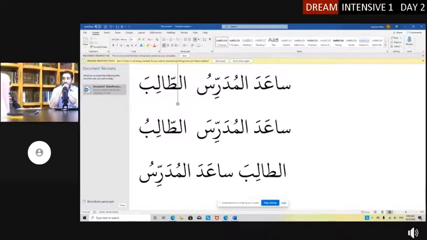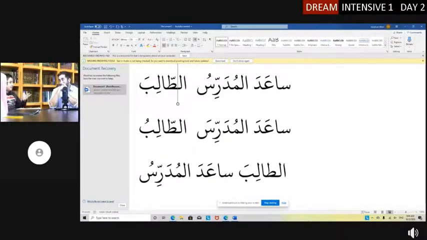I know the first one means helped, right? And then it's student. Mudarris means teacher. The teacher helped the student. Why? Because sa'ada means helped, and then al-mudarrisu means teacher, and then at-taliba means student, in that order. Okay, good. You thought about the order. What about you? Do the second one.